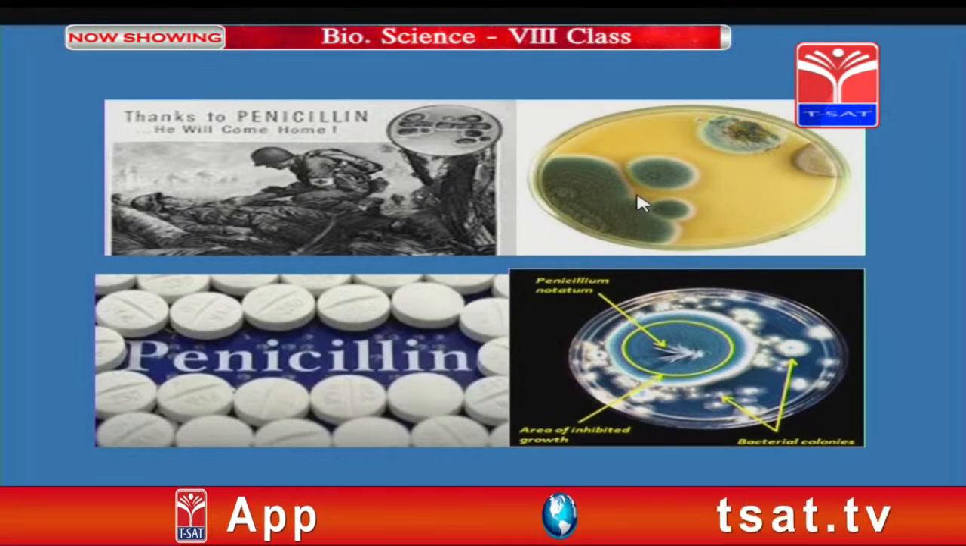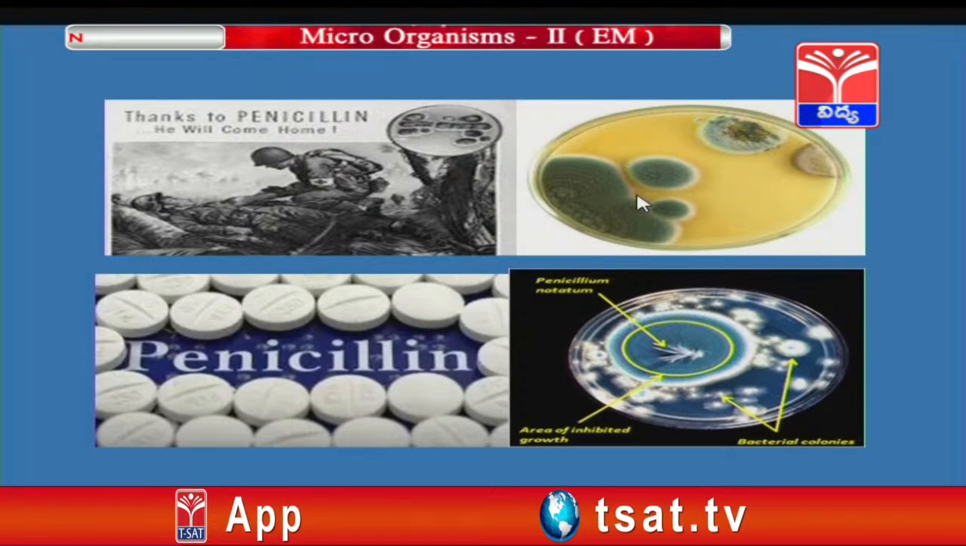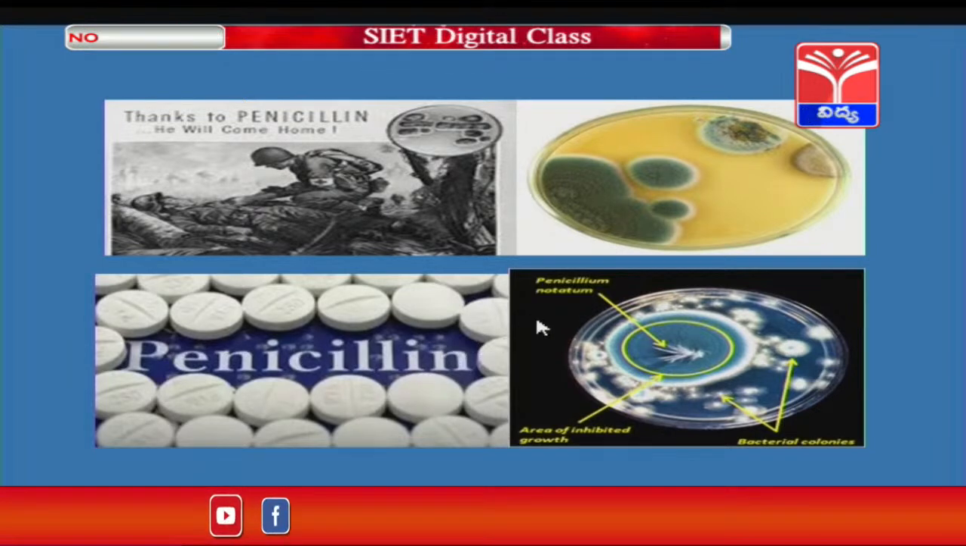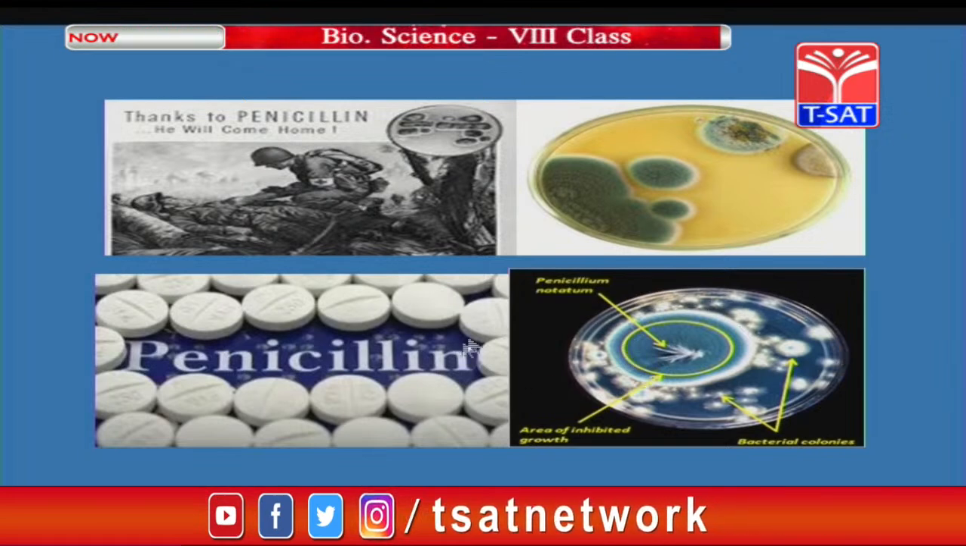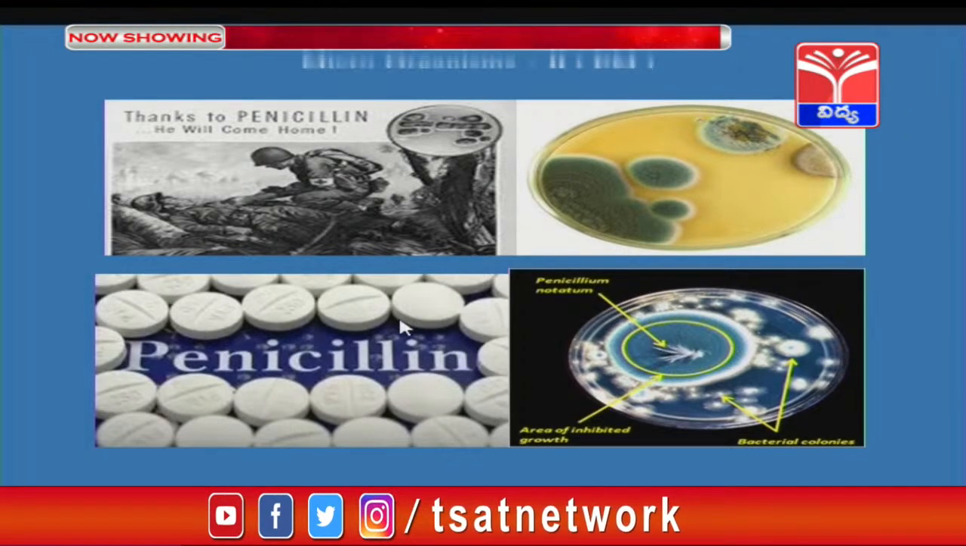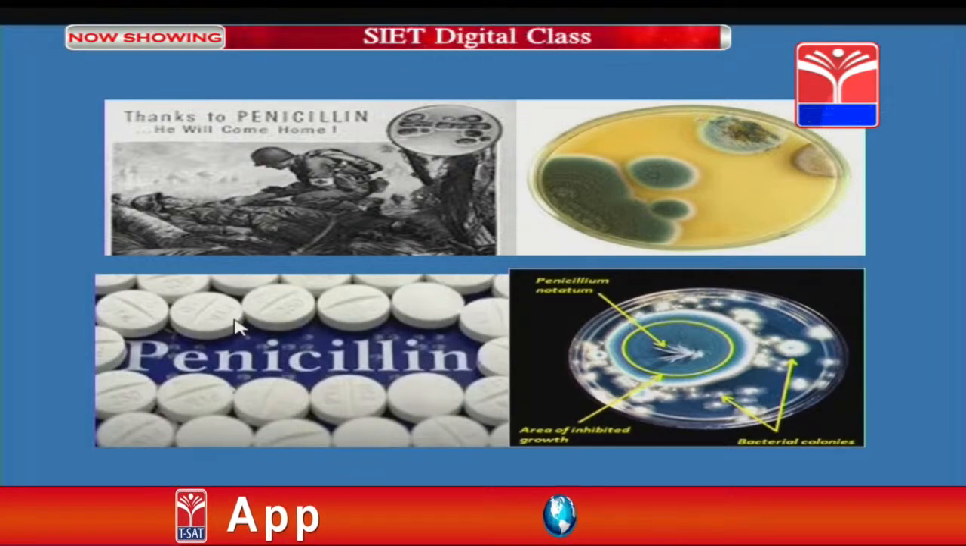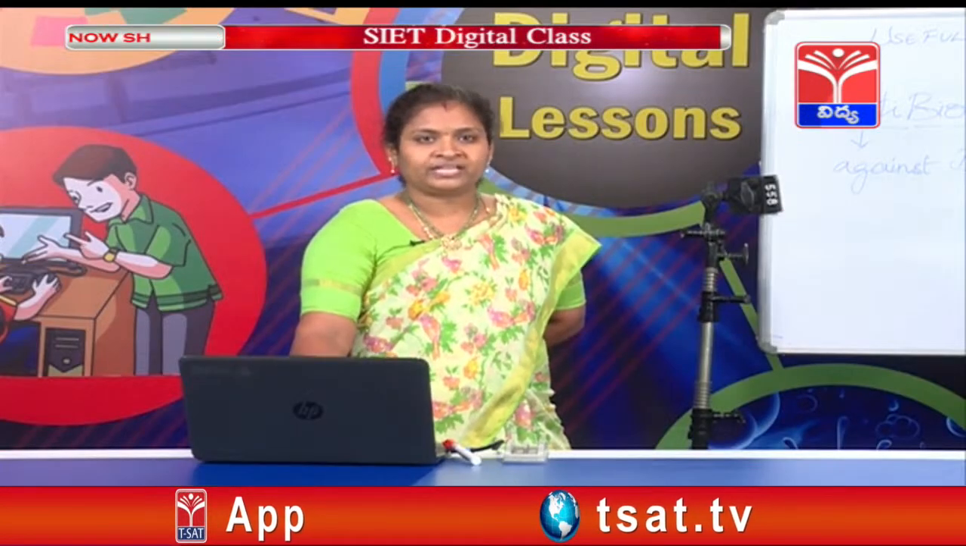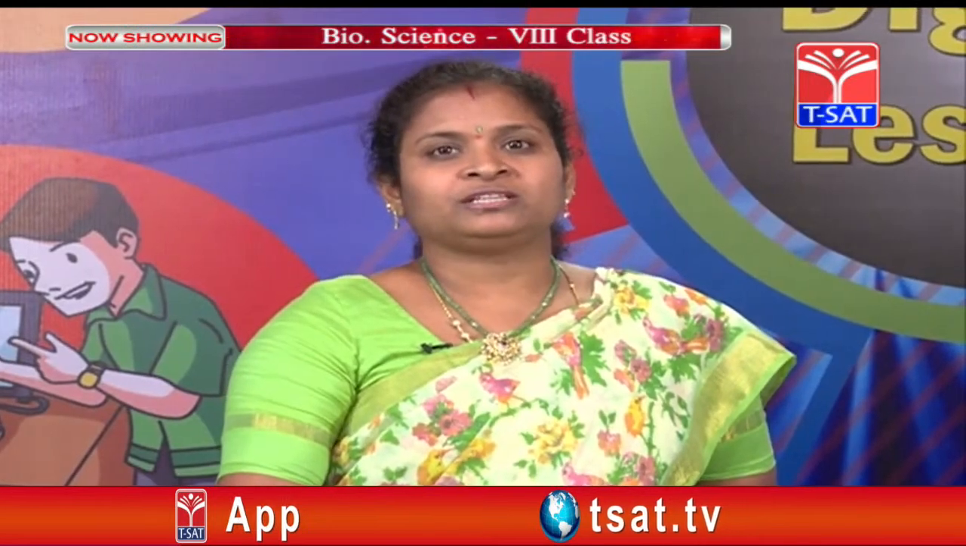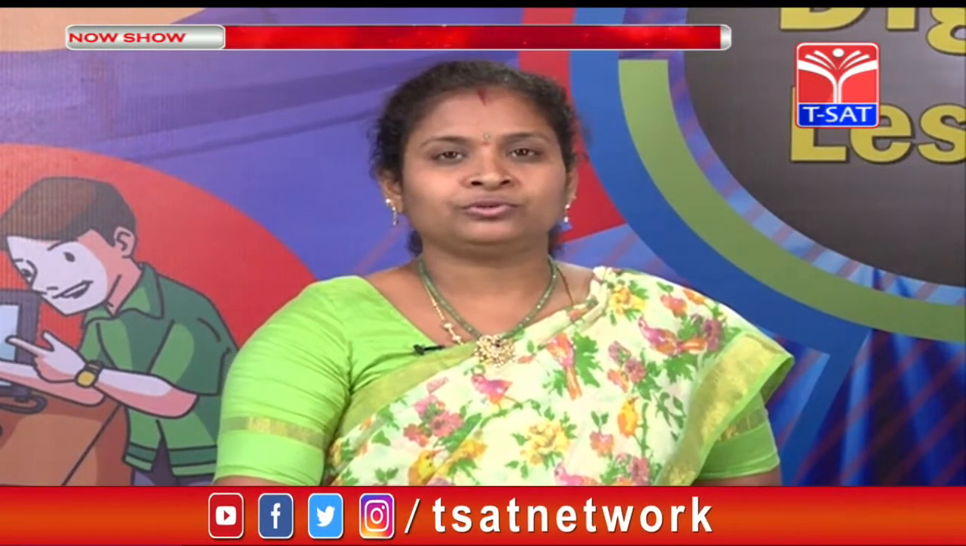It is a fungus called Penicillium, and then he found that this Penicillium notatum is not allowing the growth of this bacteria, and from that Penicillium notatum he discovered a medicine called penicillin. This is an antibiotic which is most commonly used even nowadays. It was mostly used in the World War to treat the soldiers